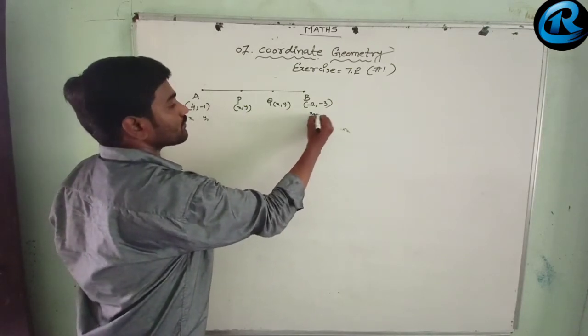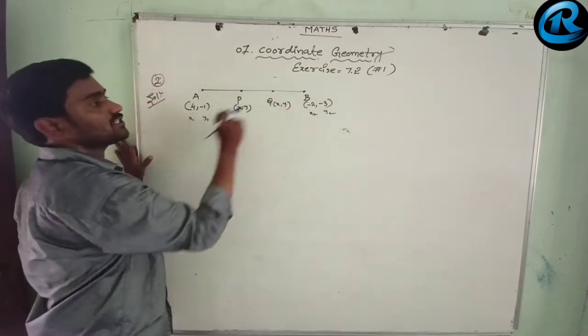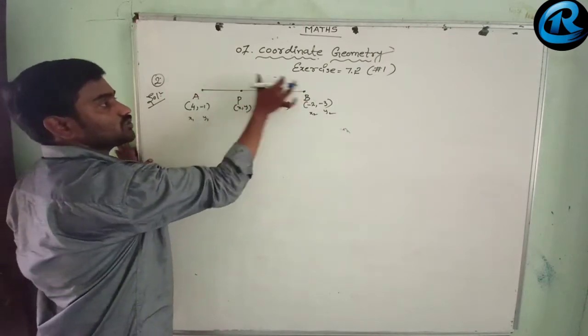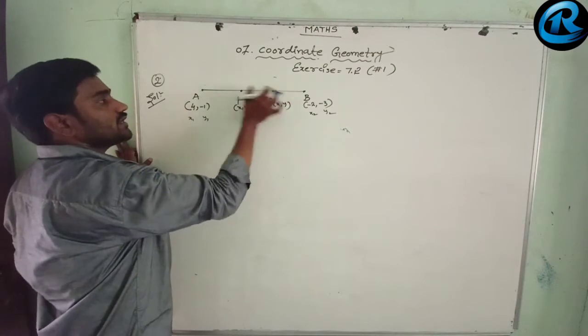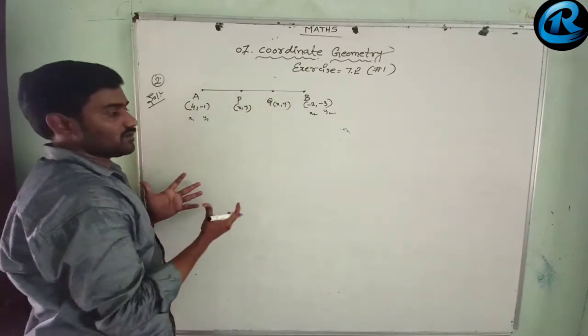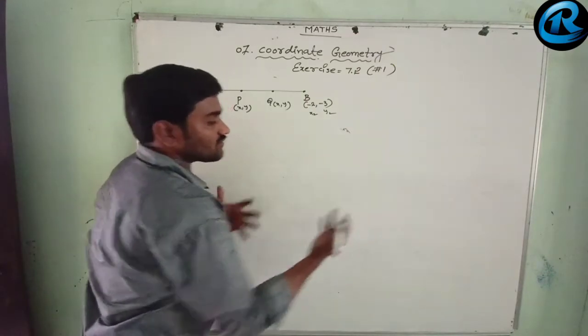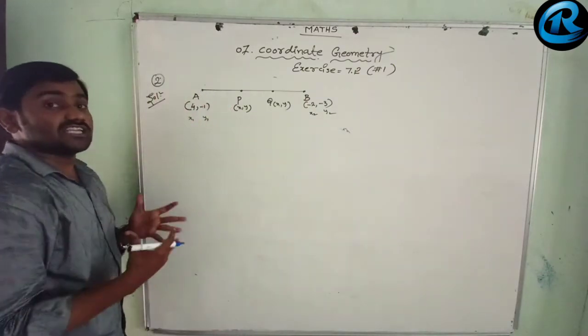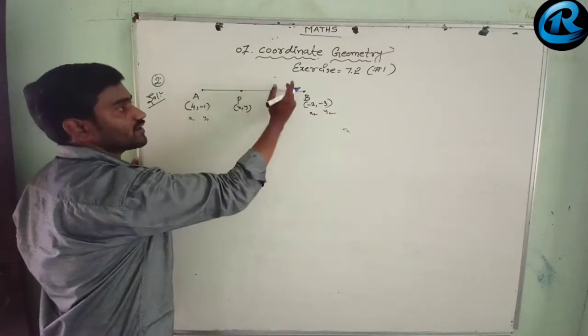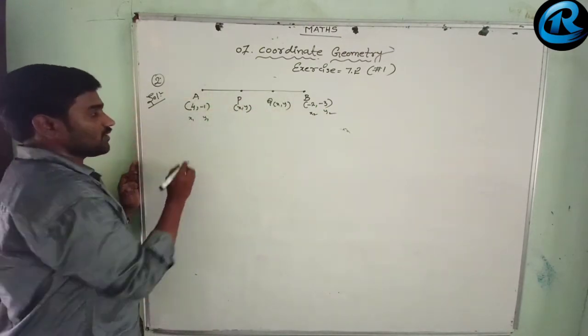This AB line segment is divided by P(x, y) and Q(x, y). P divides the AB line segment in the ratio 1:2. Q divides the AB line segment in the ratio 2:1. Two times we have to use the section formula. Once we get the P value, the other time we get the Q value. The points which divide the AB line segment into 3 equal parts are known as the trisection points.